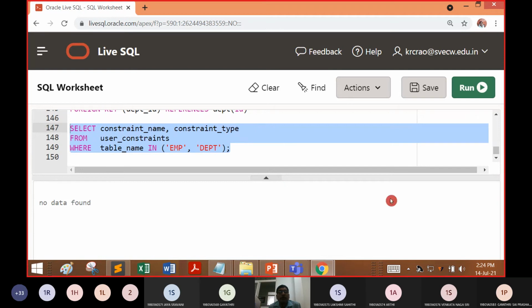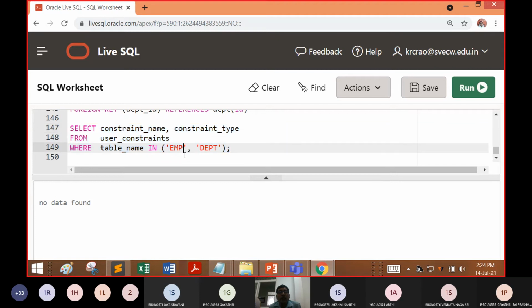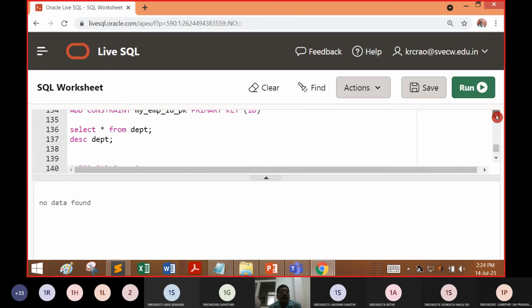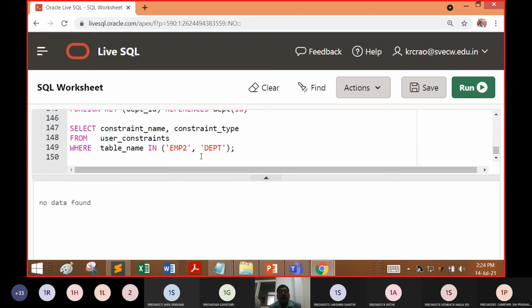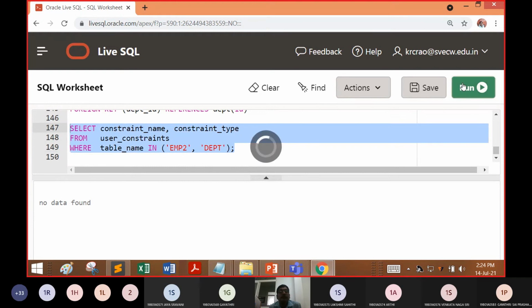We made a where clause condition where table underscore name is in the employee and DEPT. But we didn't work on EMP, we are working on EMP2, and we have already added to EMP2. We made an add constraint, EMP ID primary key, externally. So we can expect my underscore EMP underscore ID underscore PK to be the answer.